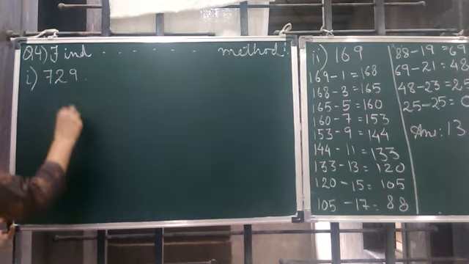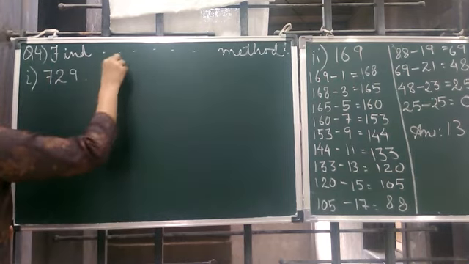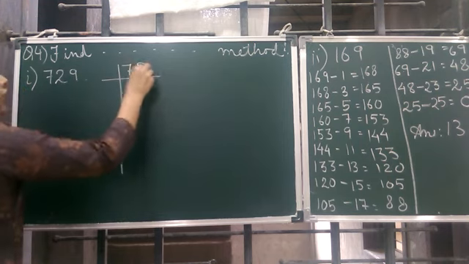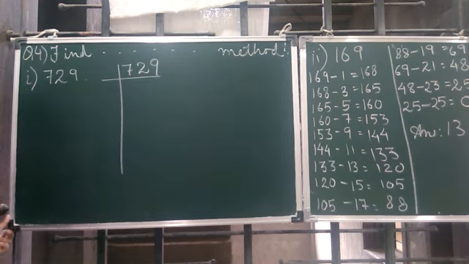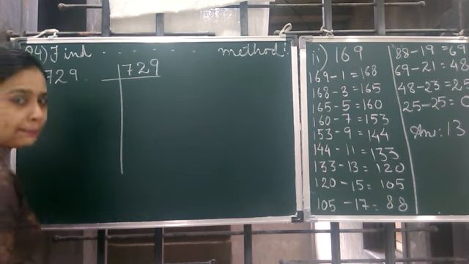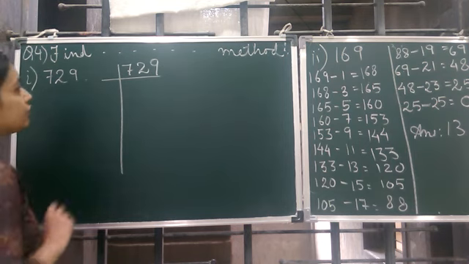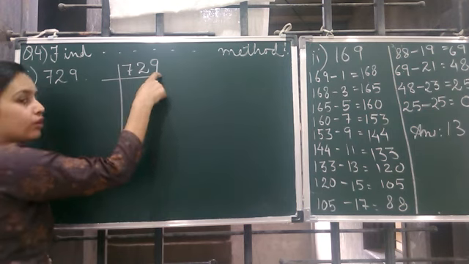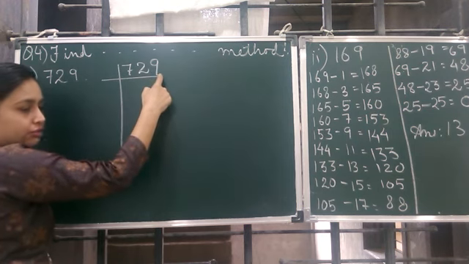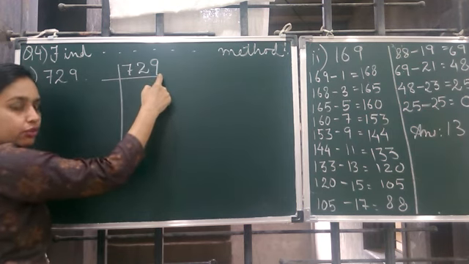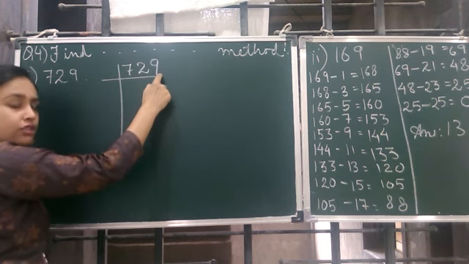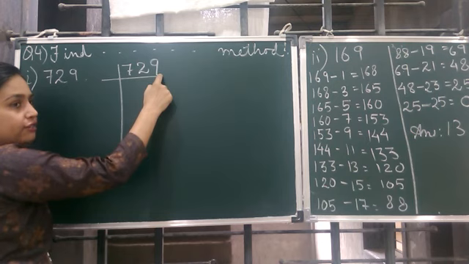So we start the prime factorization. Do you know what is a prime factorization? This is the method where we find the factors which are only prime numbers. So we cannot take 2. Why? Because for a number to be divisible by 2, the last digit should be an even number. But here it is 9, which is not even. So we leave 2, we go to 3.